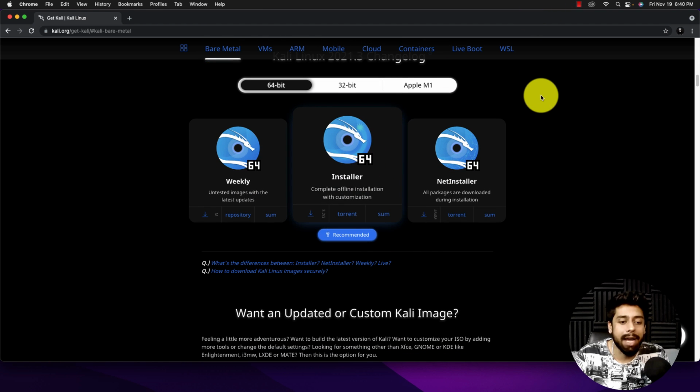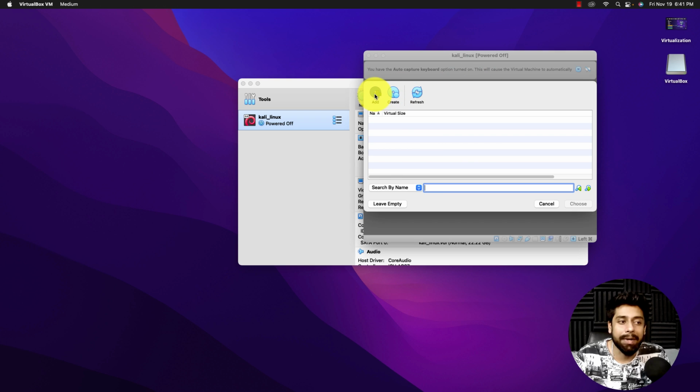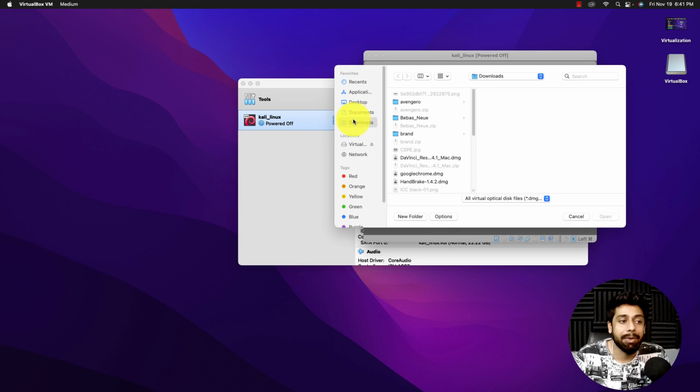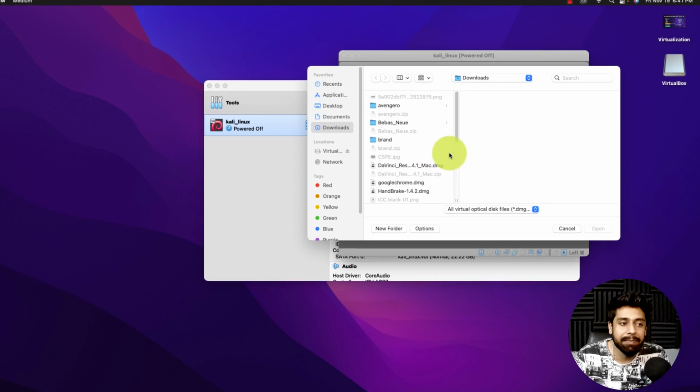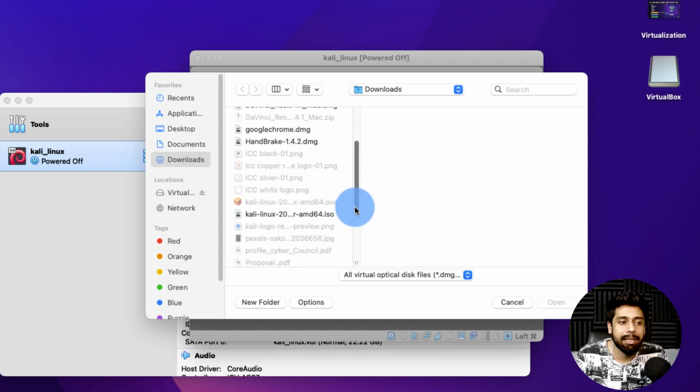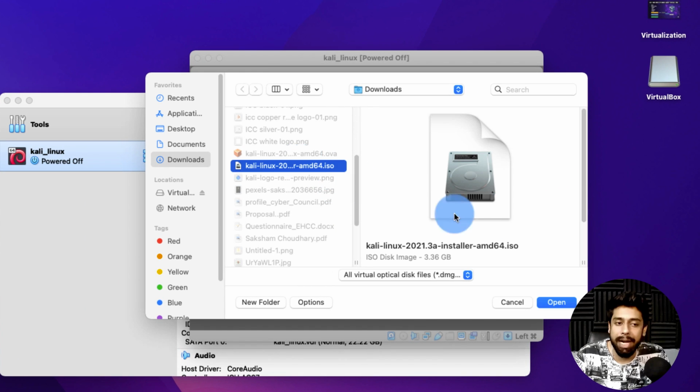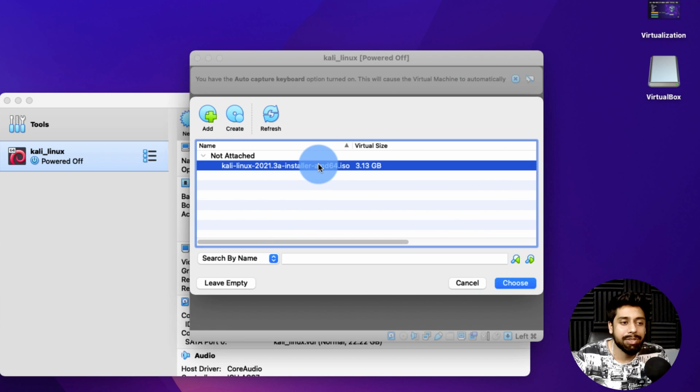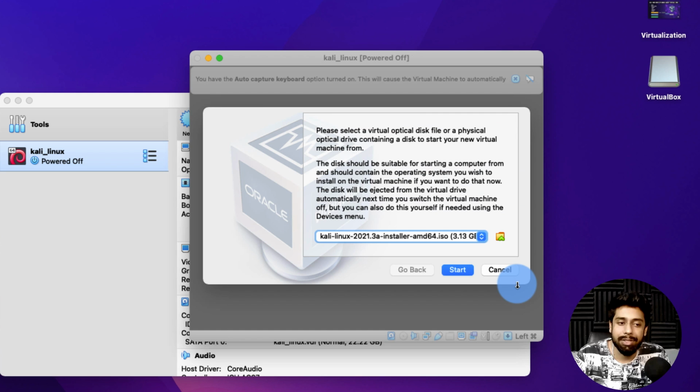I have this under my download section. So I'm going to click on add, navigate to my download section, look for the kalilinux.iso file, click on open, choose this, and click on choose.